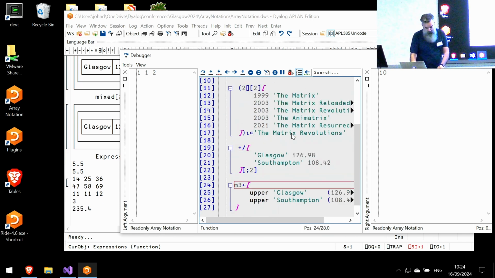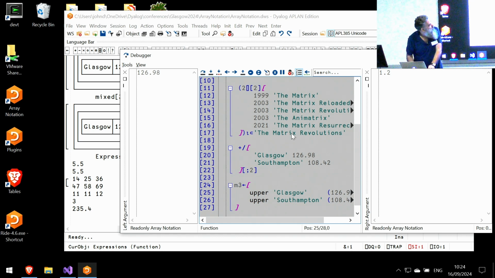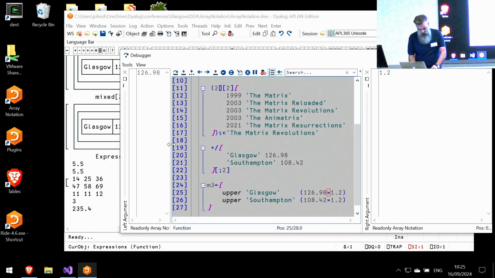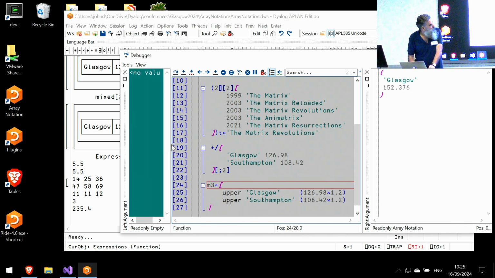And here we've got this example where we can token-by-token trace into the first multiplication on the first row of the matrix. Then we can